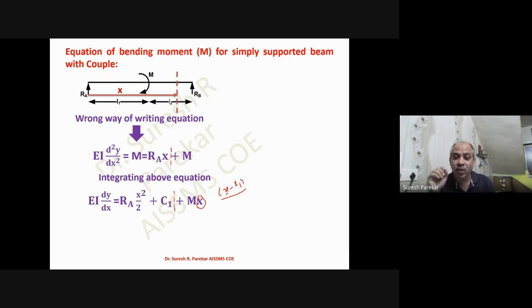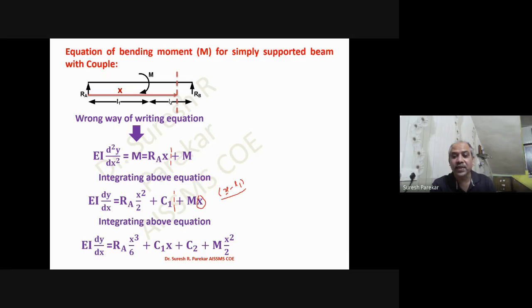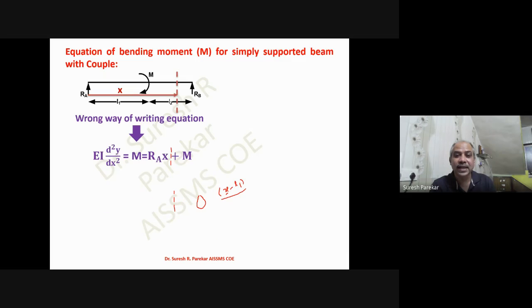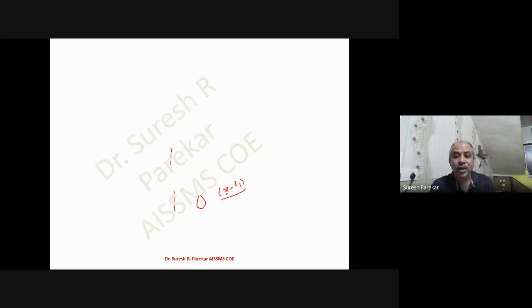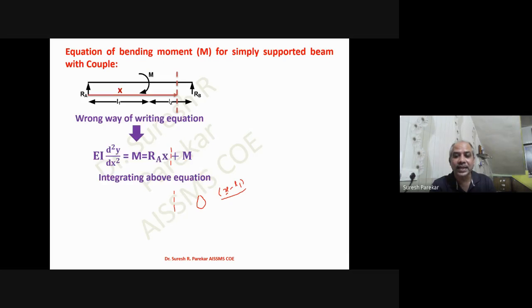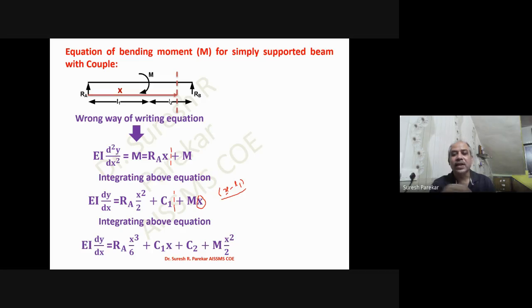Therefore you always have to write the distance of the first compartment, subtract it from x, and then write the power. Otherwise we are going to get wrong equations. You can see in the last slide the equations we have, x minus L1 square by 2. But if you have not taken this x minus L1 to the power 0, your equation is totally wrong. And once I have these three concepts in Macaulay's method, then Macaulay's method is very simple to analyze